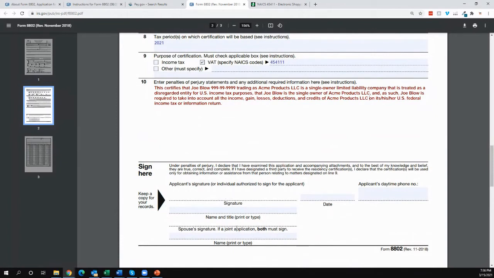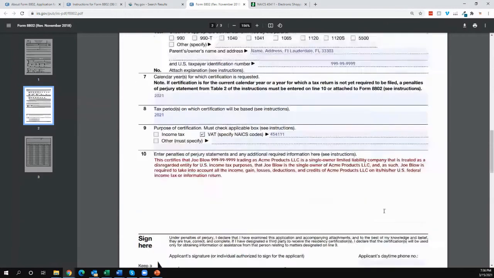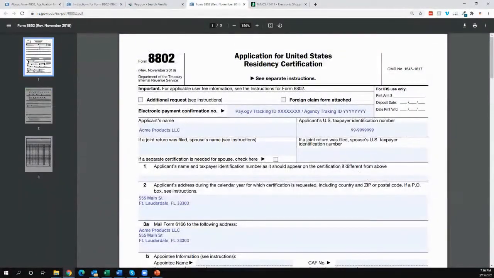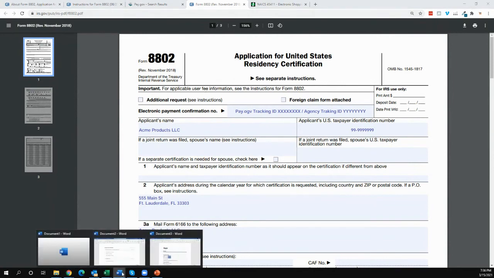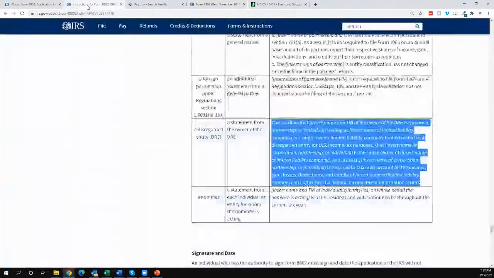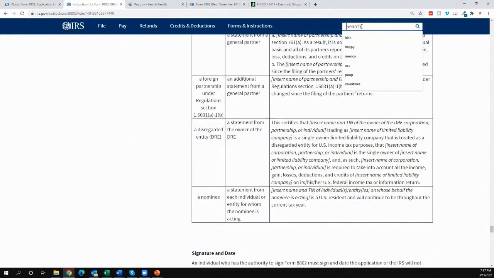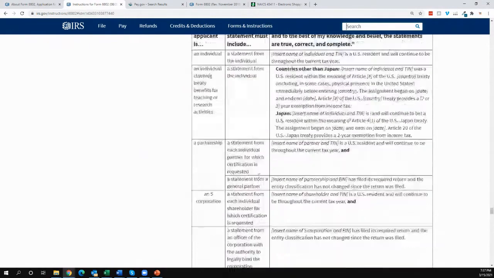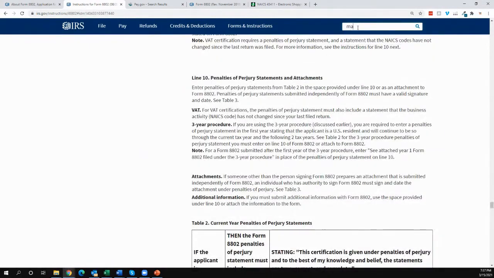So if you're doing this as an individual and not a joint application, you wouldn't have to worry about your spouse if you file jointly. But if you're doing this as the owner of a company, you just need your own. And then date it, put your phone number there, and then you would print that out, and then also print out this, and then mail it to the address on the instructions. So if we look up mail,